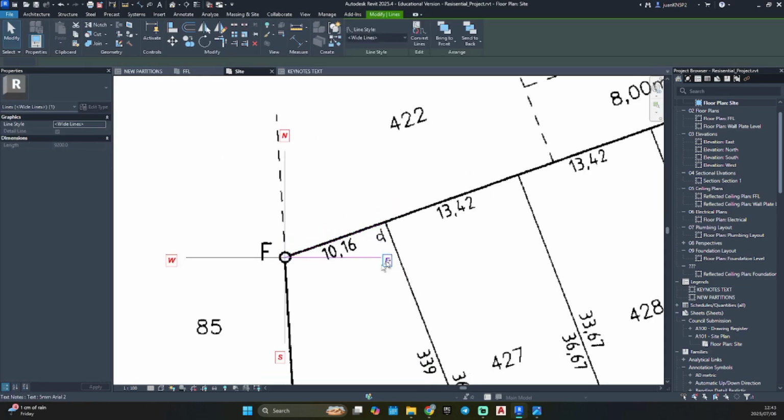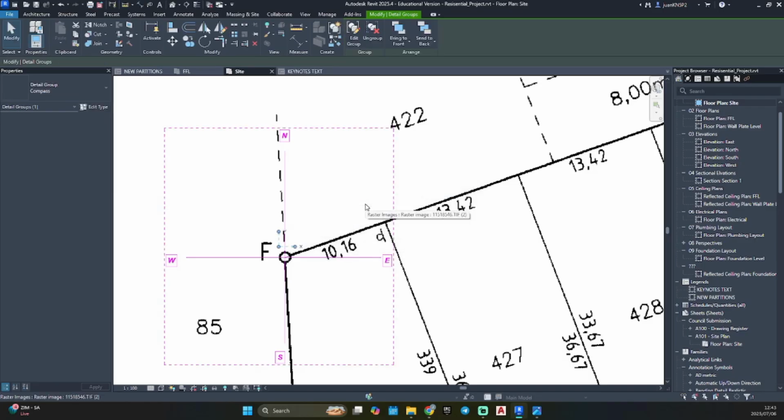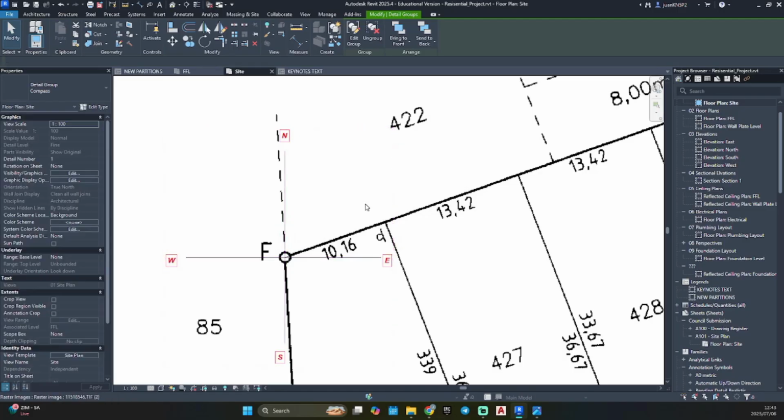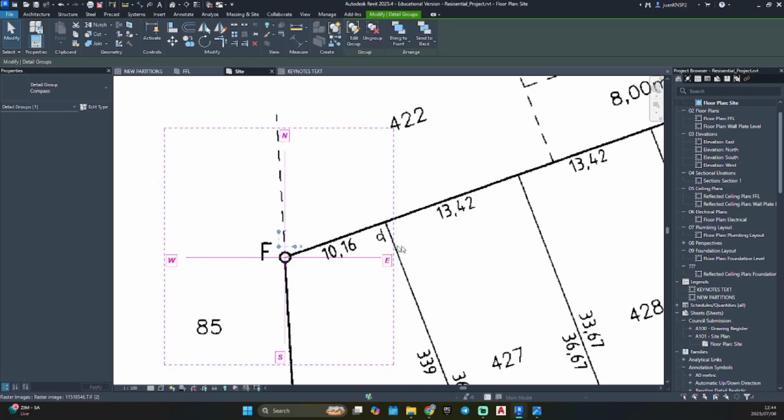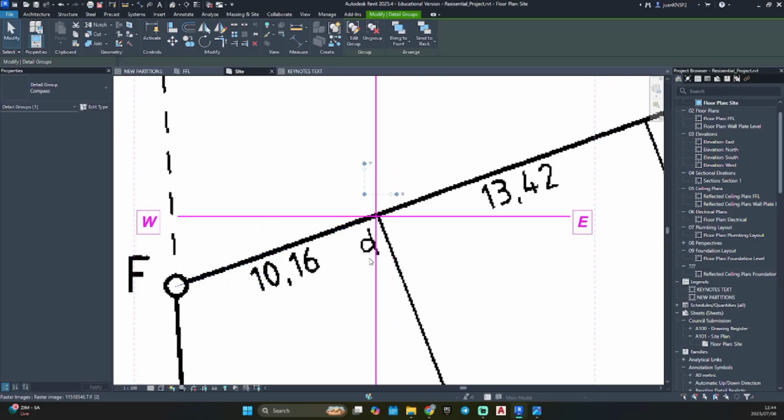So let's just highlight our little compass. I'm just going to make a group. So compass, okay. MV on your keyboard for move, as we are going to be moving to our next corner here, D. And you see it there.